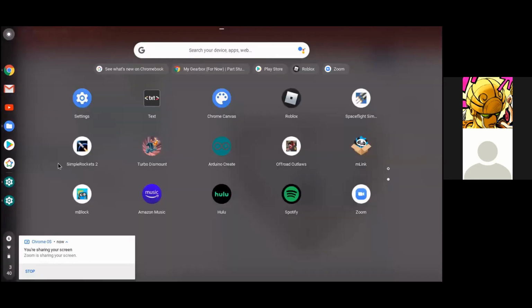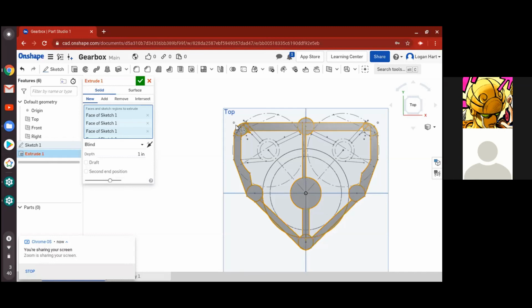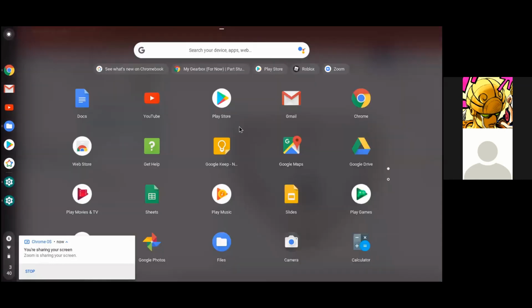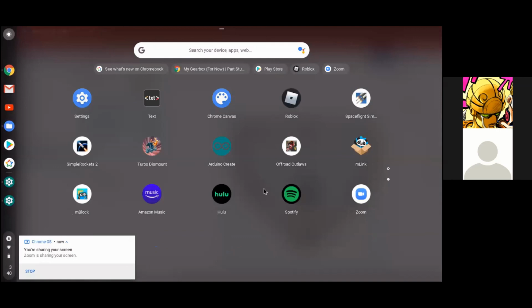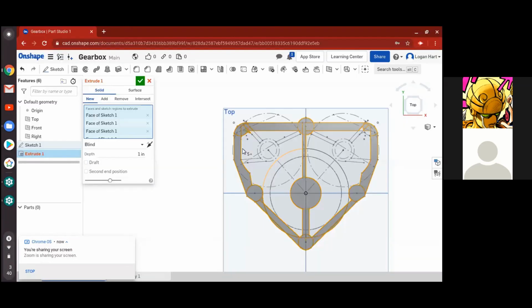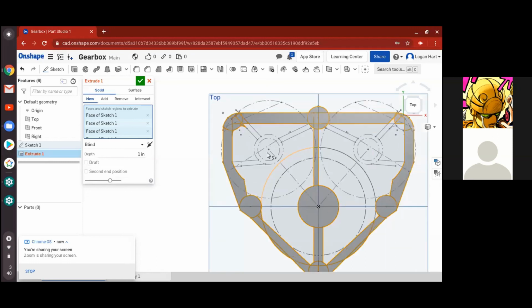Have you tried to make sure that? Oh, I think I see the problem. So if you go back to the drawing, you see the smaller gear part, like the gear that would go around the motors. Part of that needs to be a solid line. So if you go into sketch one,